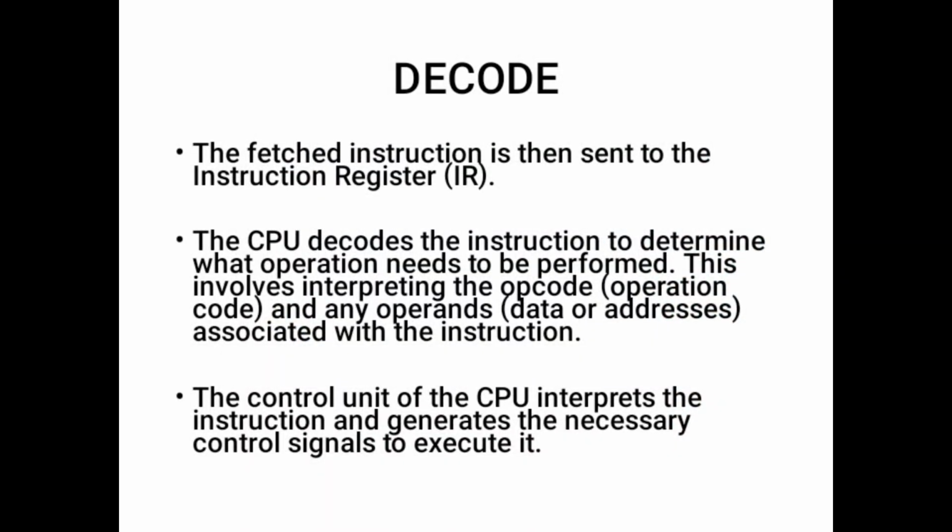Decode. The fetched instruction is then sent to the instruction register. The CPU decodes the instruction to determine what operation needs to be performed. This involves interpreting the opcode and other operands associated with the instruction. The control unit of the CPU interprets the instruction and generates the necessary control signals to execute. The last stage,